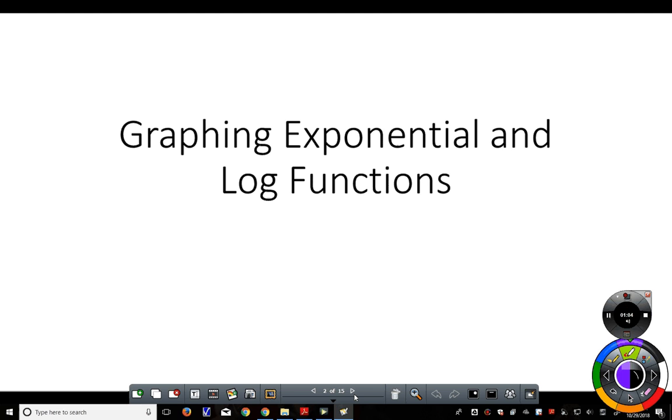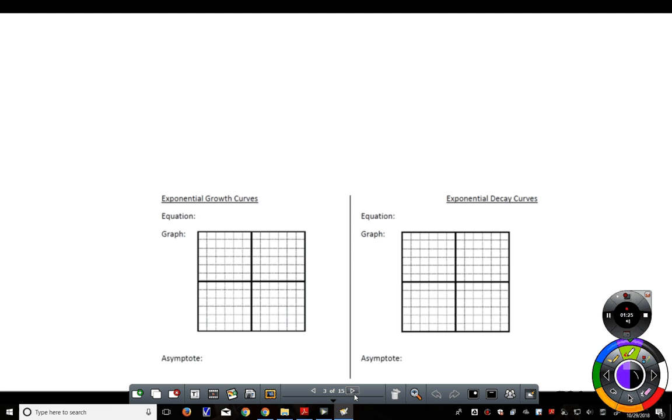The difference with logs and exponential functions is there's not one parent. There's one parent for every base. So like if you're using 2 to a power, that's a different parent than if you're using 3 to a power. That's a different parent than if you're using 4 to a power or 1/2 to a power. But we can build the parent function still fairly quickly, okay? So we're going to look real quick at